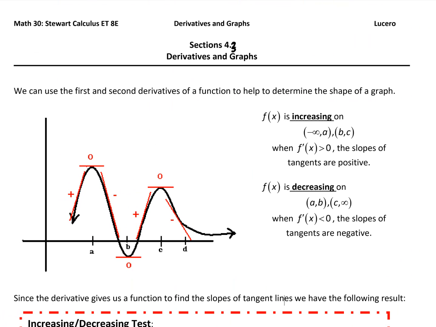So if the slopes of the tangent lines are positive, that's when the function is increasing. And if the slopes of the tangent lines are negative, that's when the original function is decreasing. So positive slopes on the tangent lines mean the function's increasing. Positive slopes for the tangent line mean the derivative is positive. So when the derivative is positive, the function is increasing, and vice versa. If the function's increasing, then the derivative is positive. And a function is decreasing when the slopes are negative, when the derivative is less than 0,